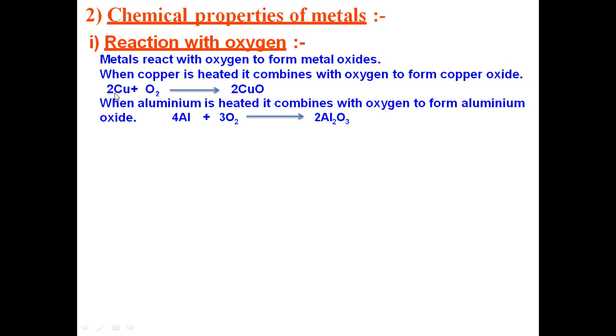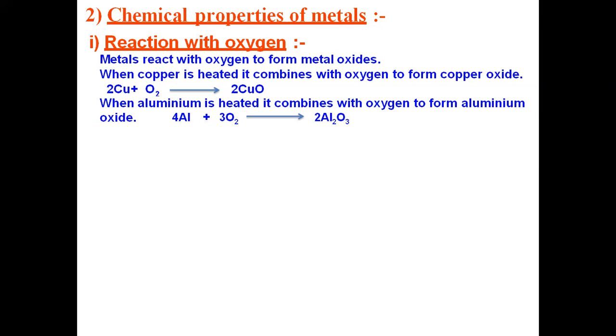In the earlier case, the charges were the same, so they cancel with one another to give copper oxide. But here the charge on aluminium is +3, which is different from oxygen, which is -2. So the charge on oxygen becomes the subscript of aluminium, that is Al2, and the charge on aluminium becomes the subscript of O, that is O3. So they form aluminium oxide, that is Al2O3.